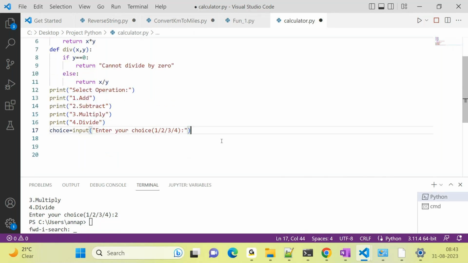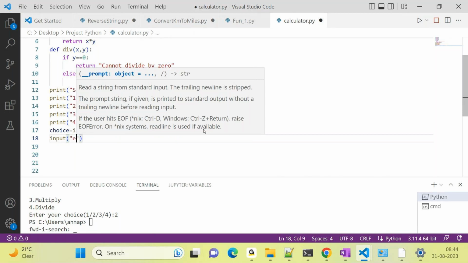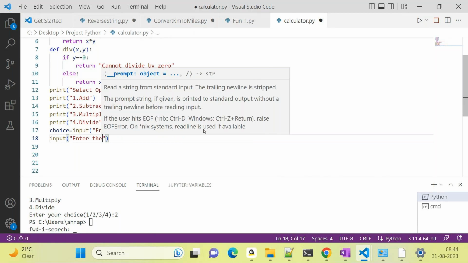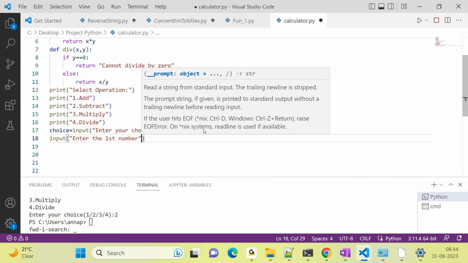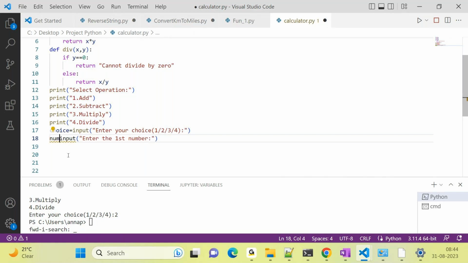So now, the first thing I got from the user is the operation type they are choosing. Next, I have to get the numbers for that operation, right? So I'm going to get input: enter the first number. Okay, and then I'm going to save it into some variable called num1,